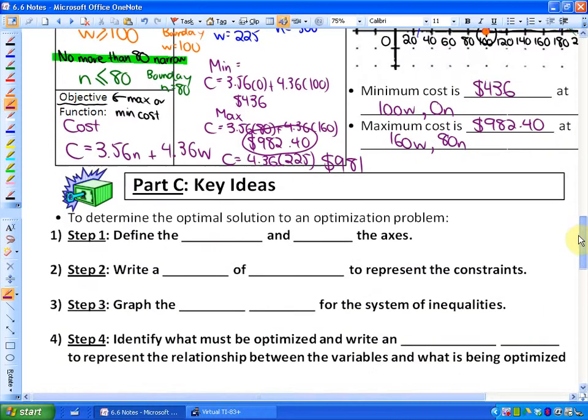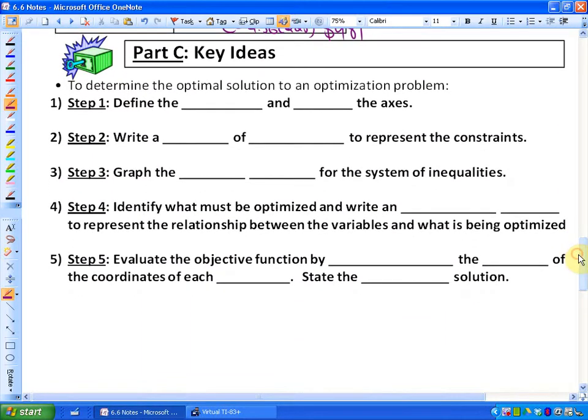Now if I'm to summarize or simplify kind of what that is in words, here it is. To determine the optimal solution to an optimization problem, if you'd like to set this system up in its entirety, here's what you would do. You would first of all determine the variables. So is this narrow boards, wide boards, spiders, crickets, what are your variables? And label the axes. Next, what you'd want to do is write a system of inequalities